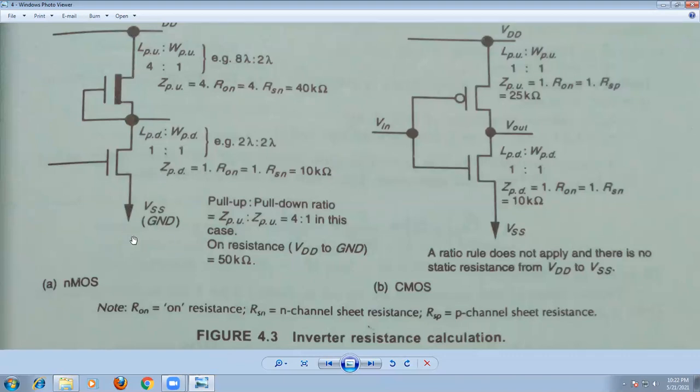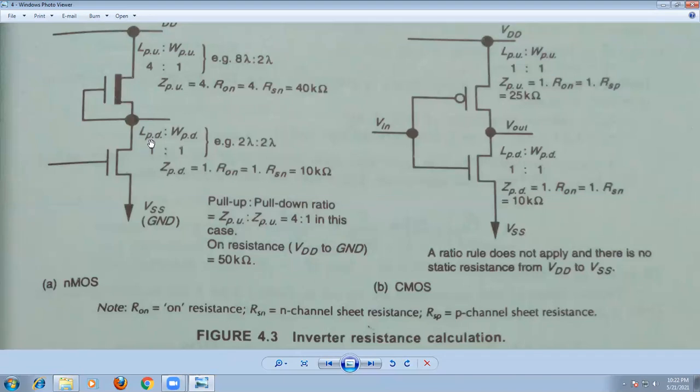When both the transistors turn on, a sufficient amount of current will flow from the VDD line to the VSS line, and that current is called static current, and this is undesirable. But to calculate the on resistance, we require the resistance of the pull-up transistor and also the pull-down transistor. So totally it is equal to 40 kilo ohm. So that is about the pull-up and pull-down transistor when the problem is given like this.